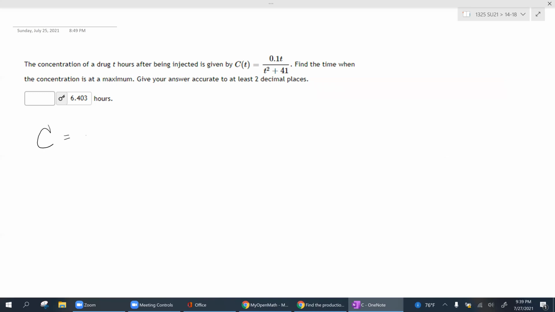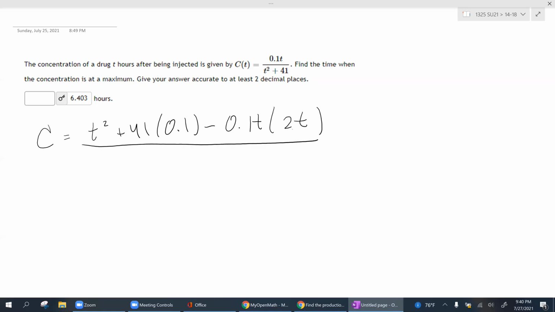But for the sake of the video and time, let's go ahead and solve it. You can pause it at any time. The quotient rule is the bottom times the derivative of the top minus the top times the derivative of the bottom, all over the bottom squared. As a friendly reminder, if you're doing these, you must simplify the numerator. I mentioned this in a previous video. You must simplify. So my C prime function is,